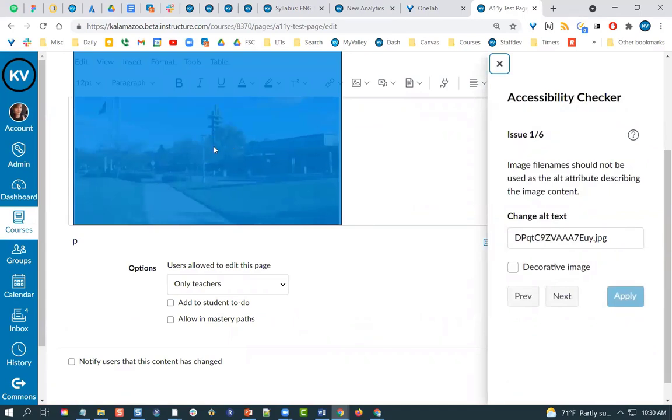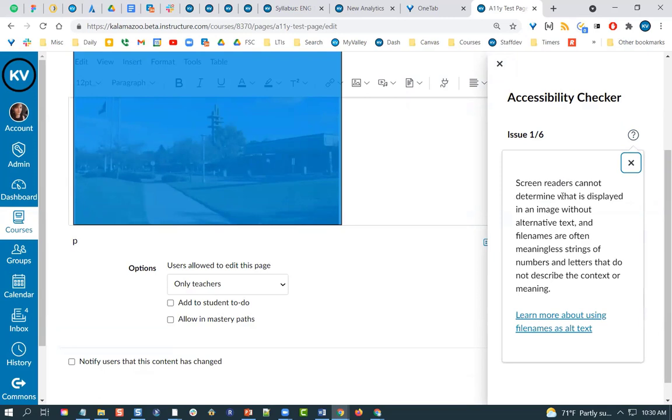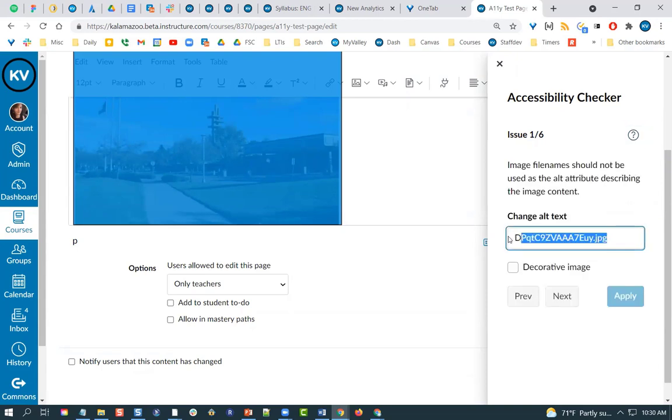So right now it's looking at this image at the top, and it's saying that image file names should not be used as alt text, as the alt attribute when describing image content. So what the heck does that mean? Well, I can click on this little question mark and it's going to describe why this is a thing, why it's important. And if you want to, you can learn more about it. For now, I'm just going to say